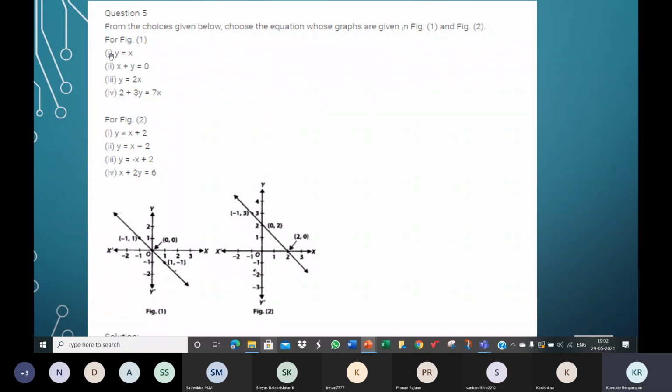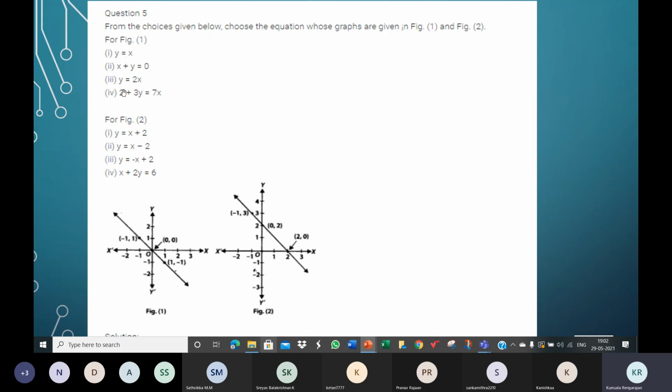See, the first option is y is equal to x. But when you look at the coordinates, 0, 0, okay, y is equal to x. But look at the others, -1, 1, the point which lies on the line, x is not equal to y. And see, there's another point, 1, -1, which lies on the line. x is not equal to y. So option 1 is not possible. So 1 is not possible, 4 is not possible.